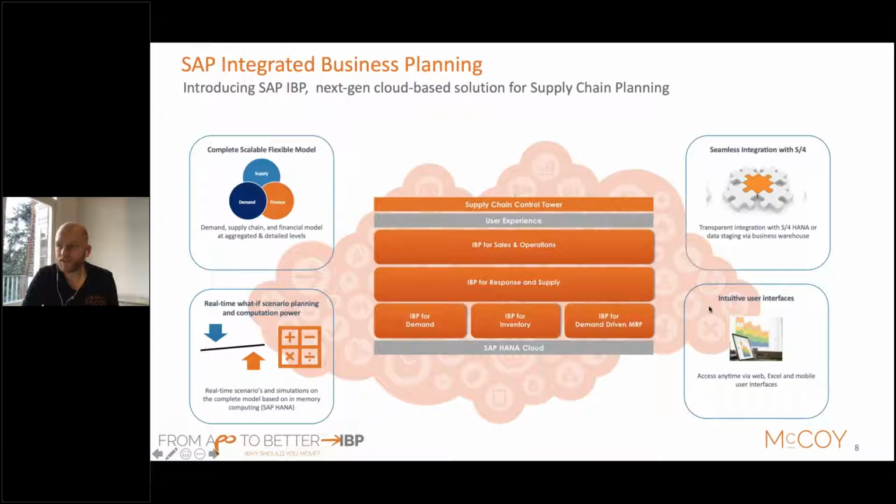Next to that, you have better and intuitive user interfaces. So that was a gap APO had. APO was a proper planning system, but a lot of people were complaining about the screens and about the way of working within this tool. Within IBP, you have an Excel interface and a web-based interface, which are more user-friendly and which will give more possibilities to control your supply chain. You will see this in one of our demos, actually in both of our demos, the difference between the web and the Excel-based interface.